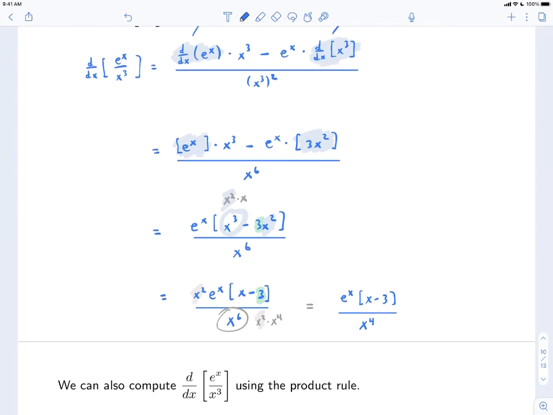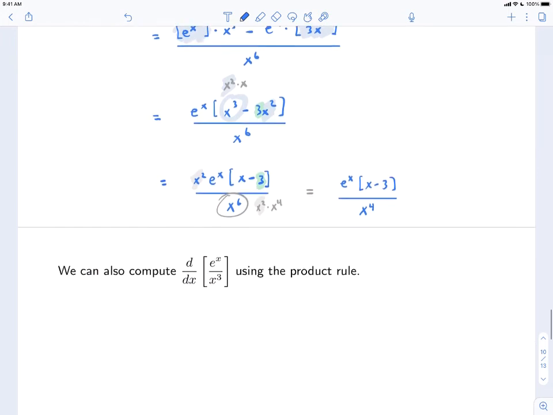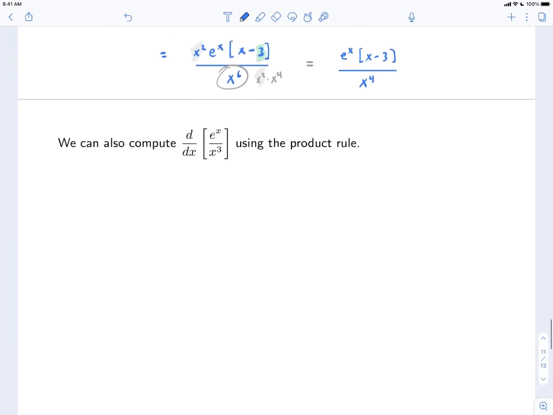Now, in this particular case, we didn't need to use the quotient rule, because you can also write e to the x over x cubed as a product. So note, e to the x over x cubed is equal to e to the x times x to the negative 3, because 1 over x cubed is equal to x to the negative 3. So we can actually write this as a product and get the same answer. Let's just verify that. So the derivative with respect to x of the quotient e to the x over x cubed